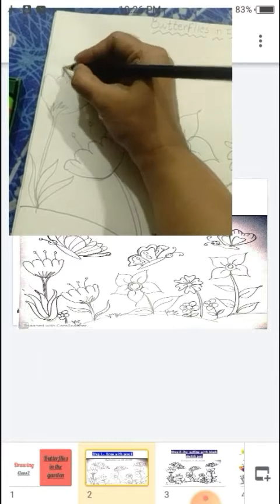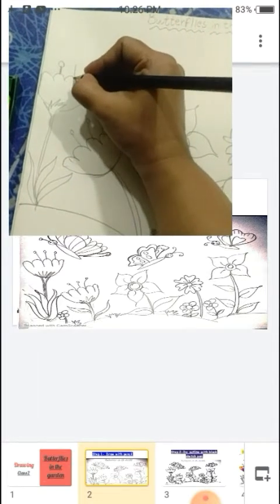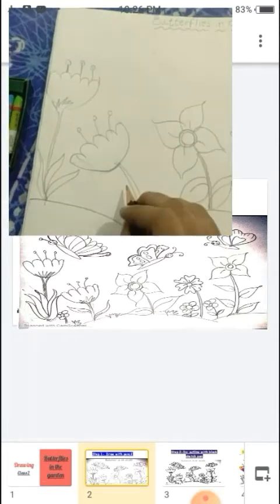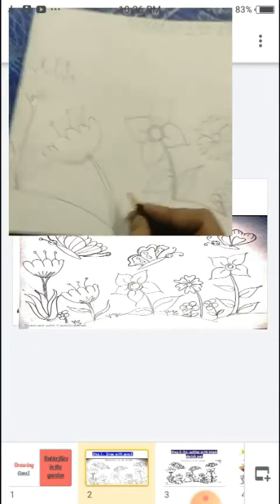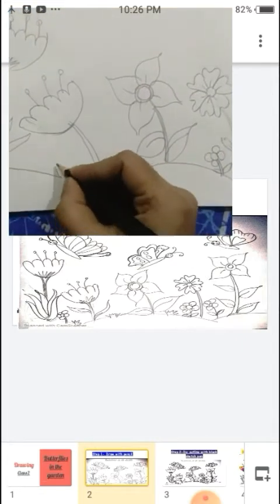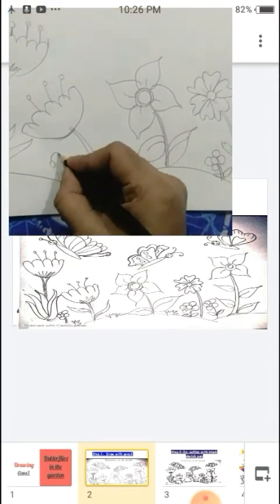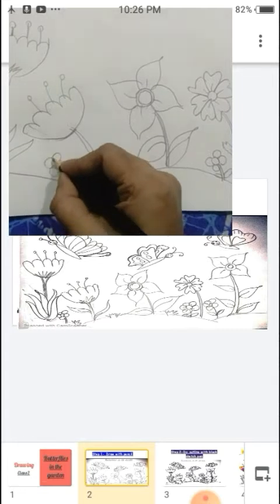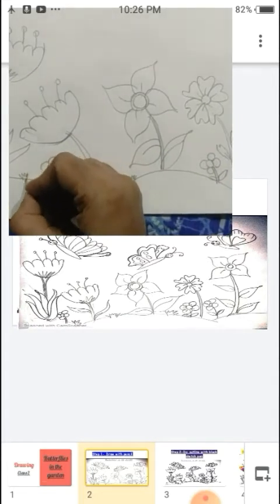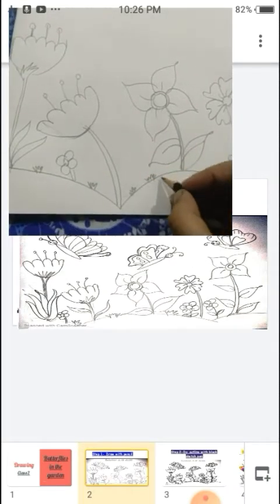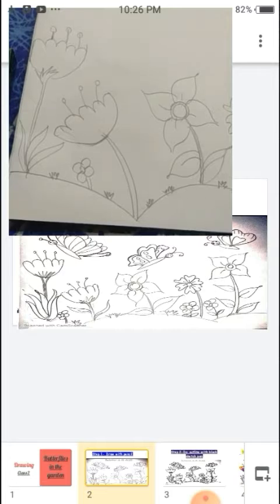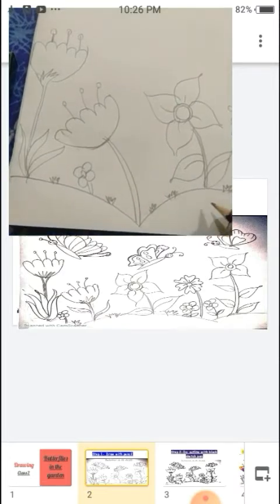Students, don't make it small. Always make a big flower so that you can do proper coloring. Okay, now down here one small flower. Okay, here small grasses. You can see in the garden there are small grasses. Okay, students.